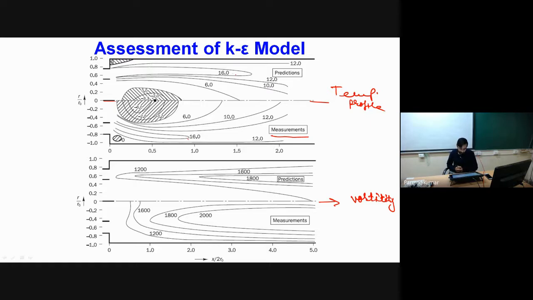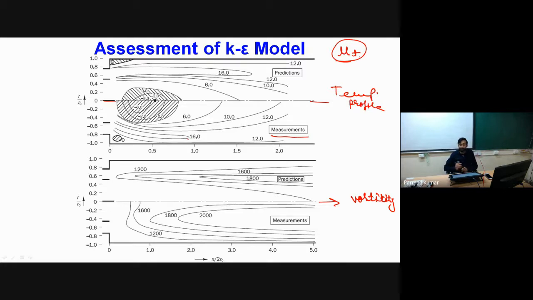Okay, similar holds true for the second figure also. If you have to further improve this model, then we have to go for some detailed modeling of the Reynolds stresses. The limitations of the mixing length and K epsilon models are that here we are considering some term mu t, which is nothing but our turbulent viscosity or eddy viscosity, and we are representing turbulent stresses by using the Boussinesq approximation.